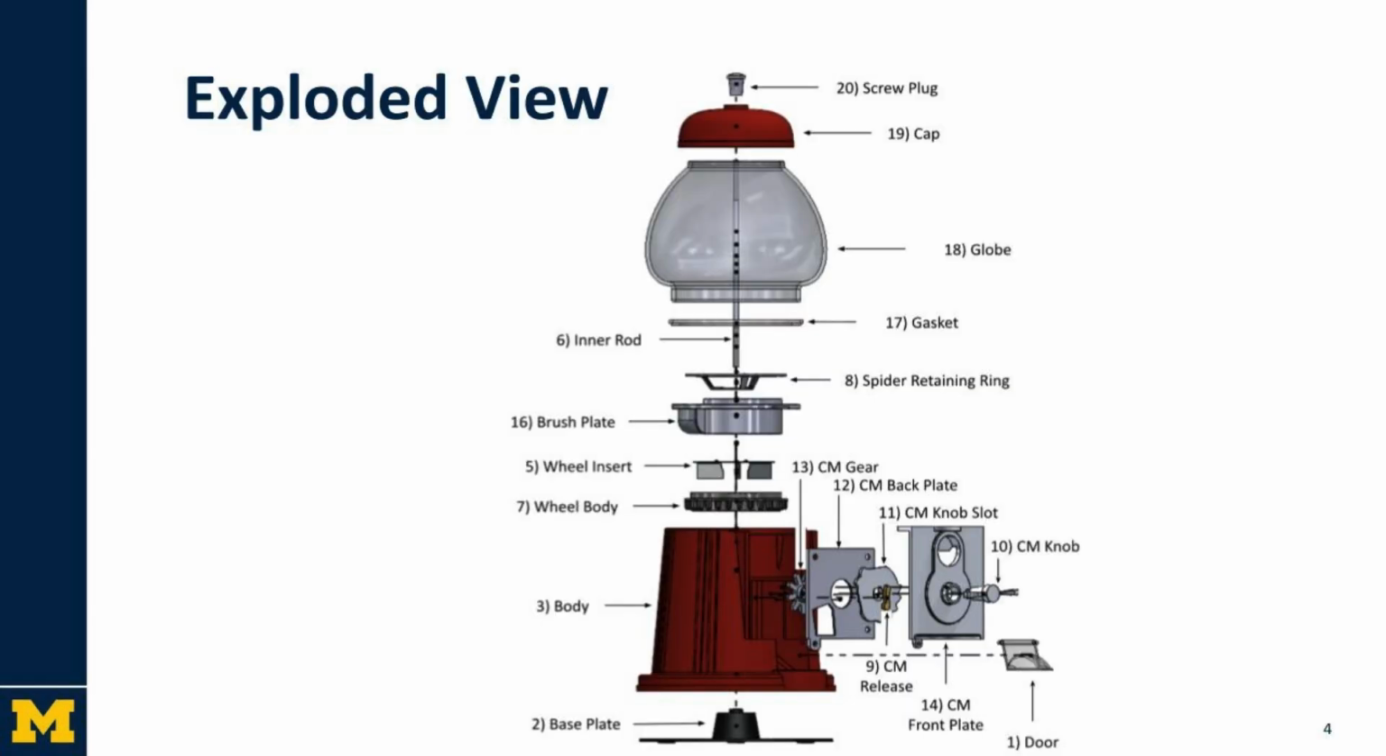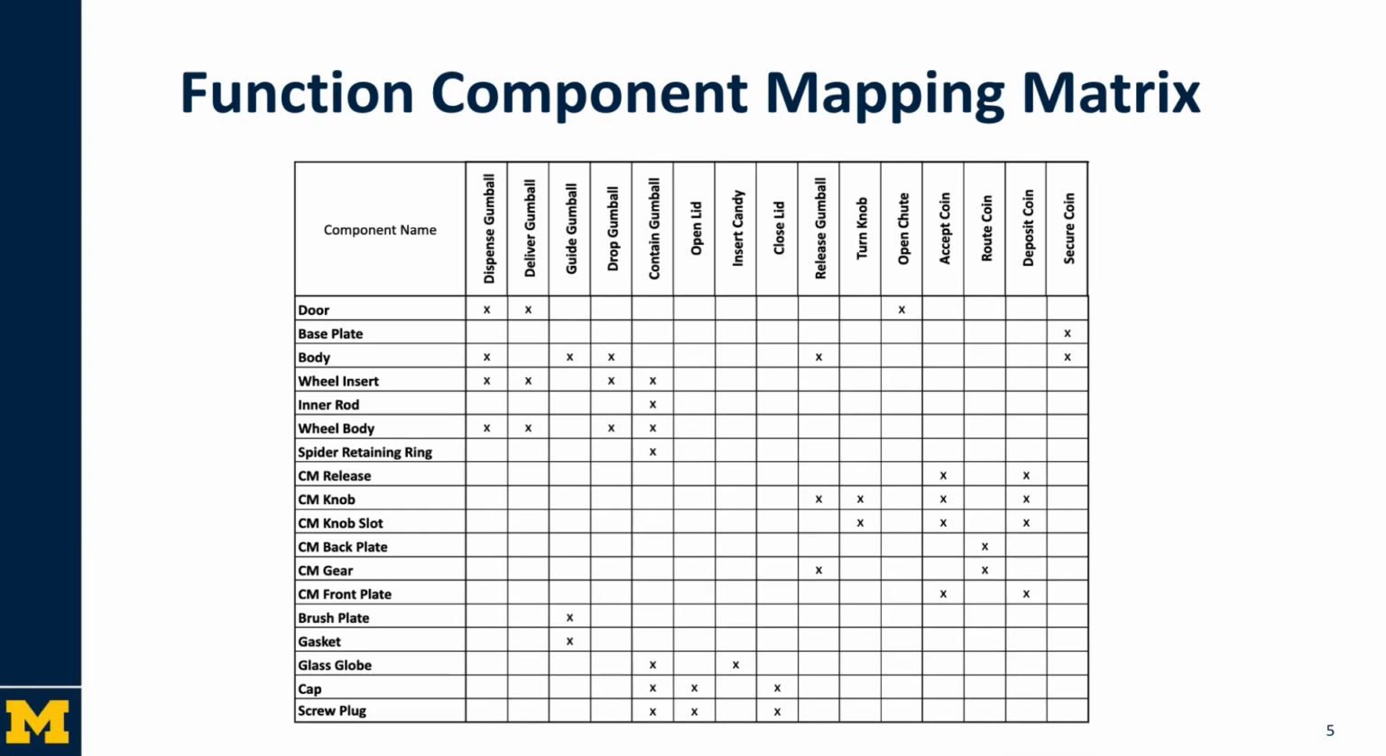The exploded view highlights key parts such as the cap, globe, gears, and base, showing how each connects and functions within the full assembly. This is our functional component mapping matrix. As you can see, it has all of the functions listed across the top, as well as all of the components listed along the side. It is important to note that all of the components have at least one function, as illustrated by the X's